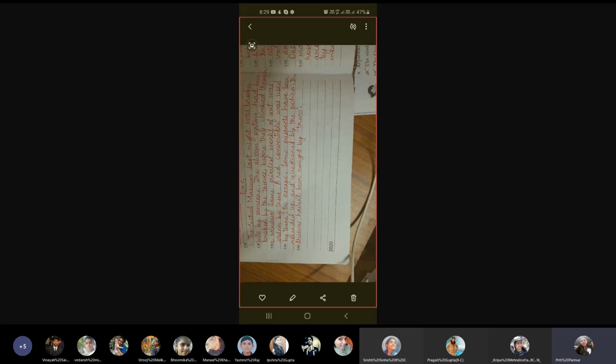The Central Museum last night was broken into by someone. The alarm system had been broken by the thief before they climbed through a window. Some priceless works of art were stolen by them. A red convertible was used by them to escape. Some suspects have been rounded up and questioned by the police. The thieves haven't been caught by them.